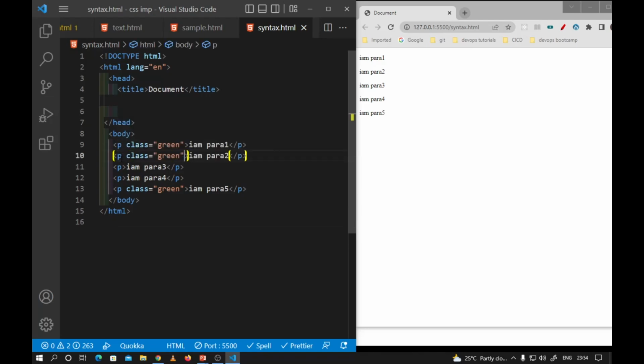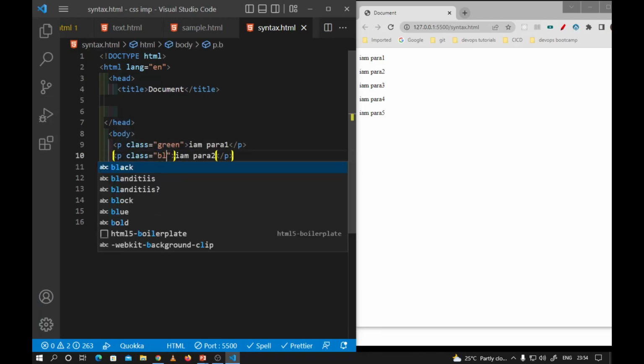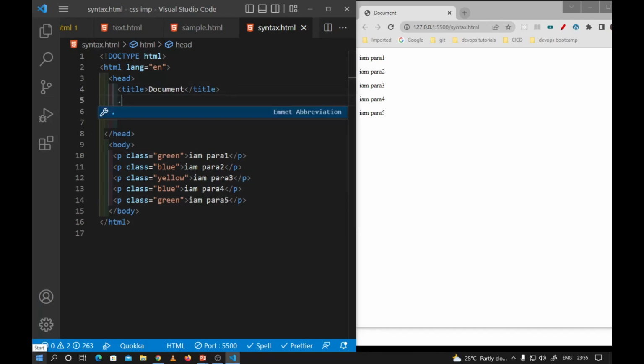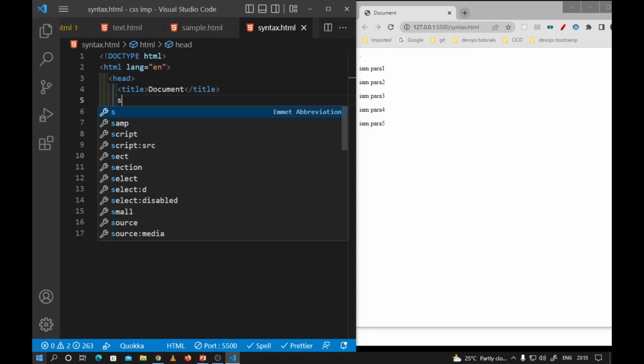And the second class I am using is blue. And the third class is yellow, and the fourth class is also blue. So 2 green, 2 blue and 1 yellow, right? Here I am using the class attribute. Just observe, with the help of the class name we add some properties. With the help of dot we did that, and in the style